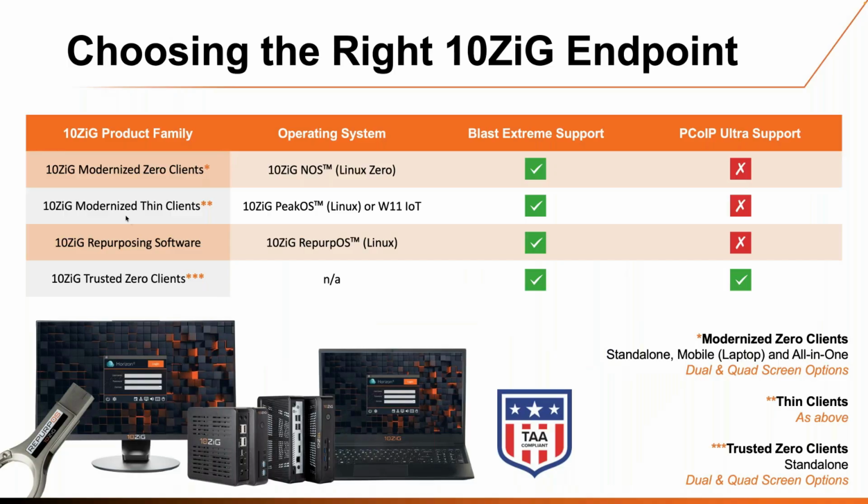And then in addition, the Tenzig Modernized Thin clients build on that by providing even greater flexibility. They don't just make up the Zero client that connects just to Horizon. They can be used, for example, if you want to also support web apps, or simultaneous access to other clients if needed. They're available in a choice of Linux or Windows 11 IoT format as well. The Tenzig repurposing software can be used where there's a need to run our platform on third-party hardware, as I said, for supporting Blast Extreme.